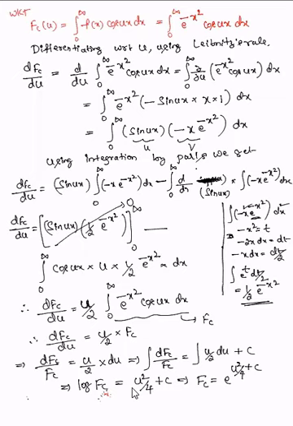Okay, so I'll take just 2 minutes guys to complete because we are in the ending. So fc is equal to e power u square by 4 plus c, and we can split this as e power u square by 4 into e power c. And this e power c is one more constant. I will take it as c1. So let us choose e power c equals c1. So therefore we get fc equals c1 e power u square by 4.